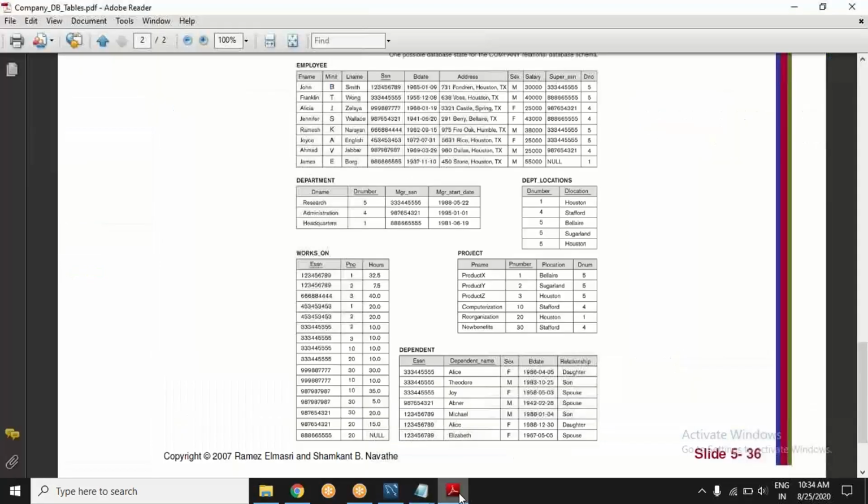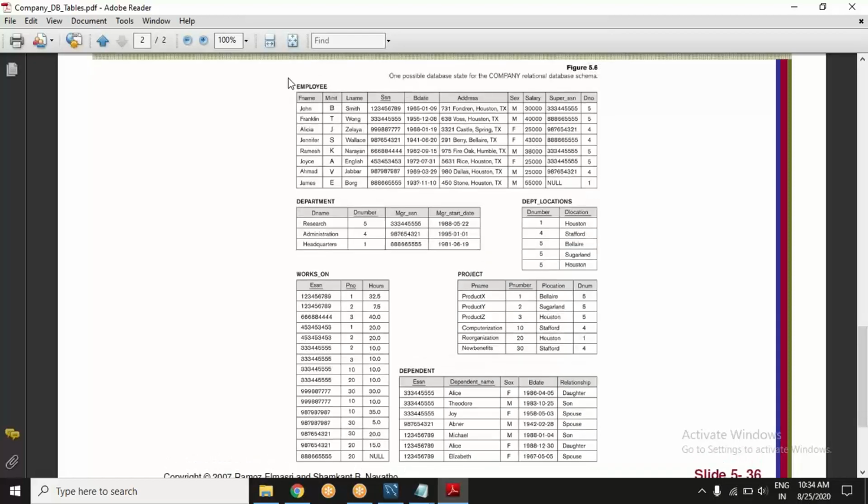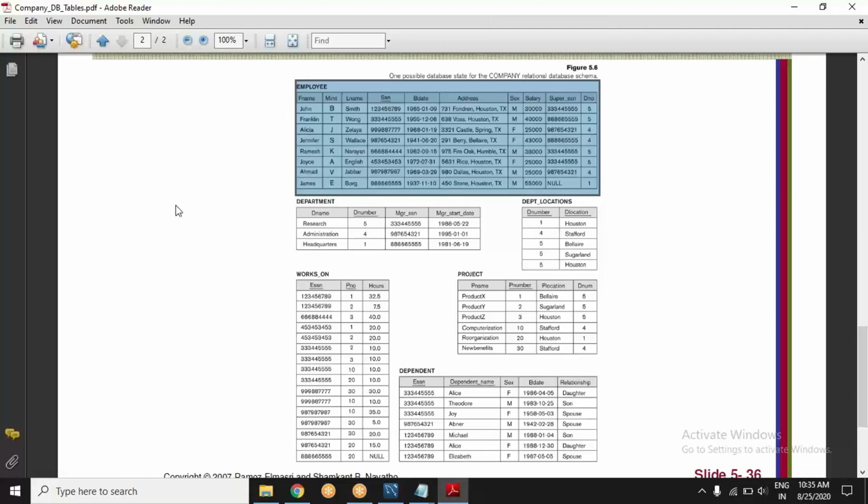Now we want to bring this data into the database that we have just created, that company DB. So there is a table employee which is coming from, now we are not bothered about the source. It came from different sources, but now it has to be on that common database.